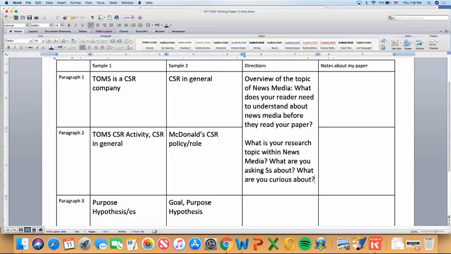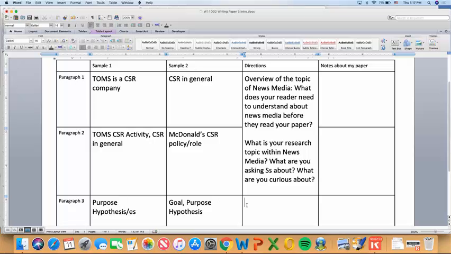So these are the things you want to include in the beginning. You can put the overview first or the specifics first. You saw these are two papers, and any weaknesses or problems they have aren't necessarily a result of the order. You can use general. Either one is okay. So that's why I put one big box for paragraph 1 and 2, because you can switch the order however you prefer. But include both paragraphs about both of those topics.